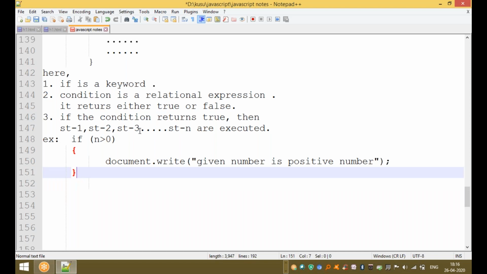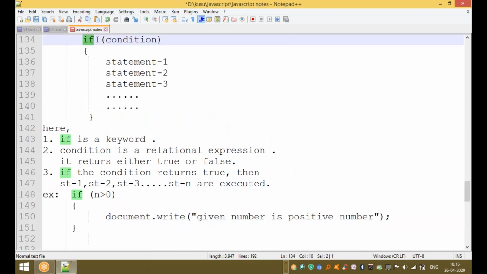By using only the if statement, the given condition returns either true or false. If the condition returns true, these statements are executed.